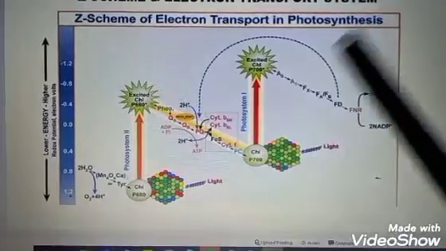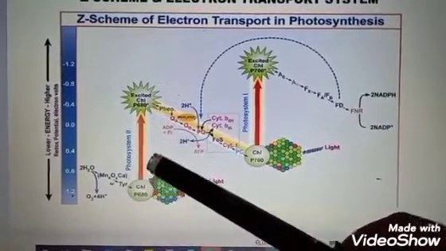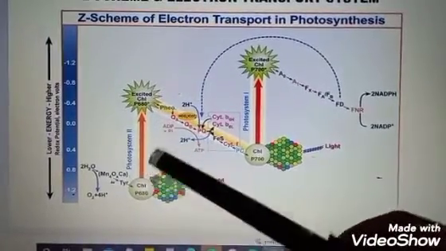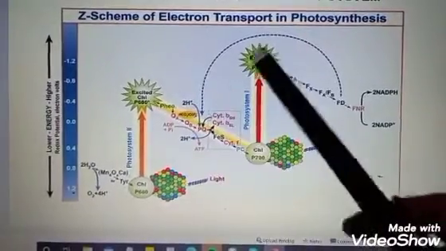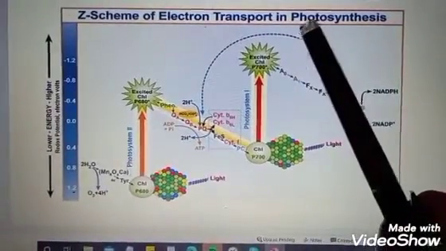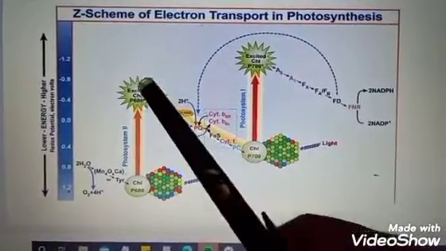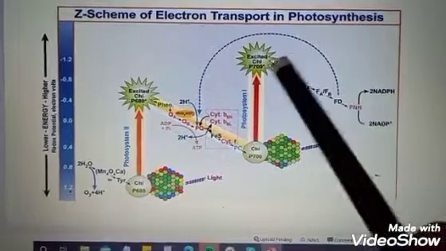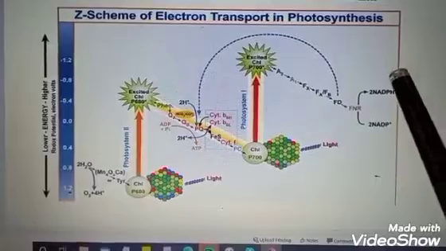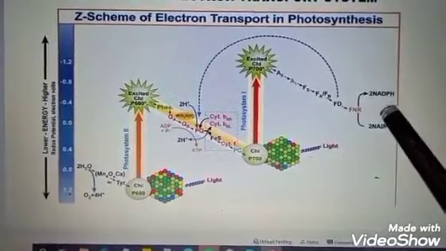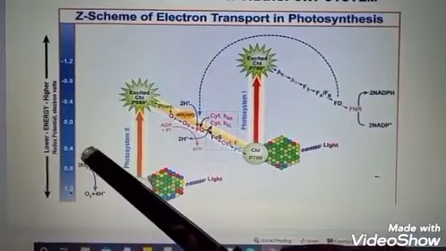The question is, if photosystem 2 is inhibited, what happens, or what is the product formed? Because as we know, there is formation of energy power ATP, reducing power and oxygen evolution during this light dependent phase. But when PS2 is inhibited, the product formed is only ATP molecules. The NADPH2, that is the reducing power, is never formed, because NADP is reduced by the hydrogen ion, which is formed by the photolysis of the water molecule.